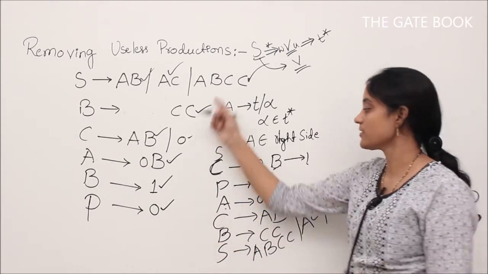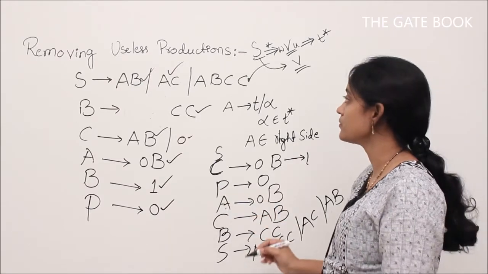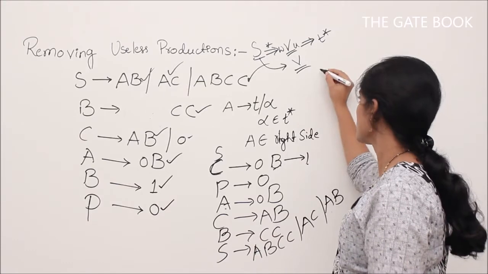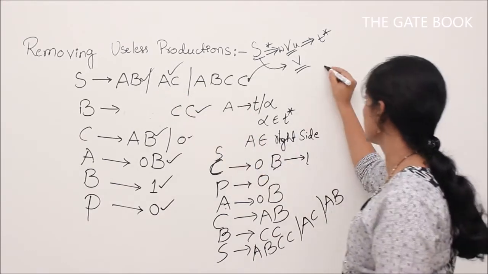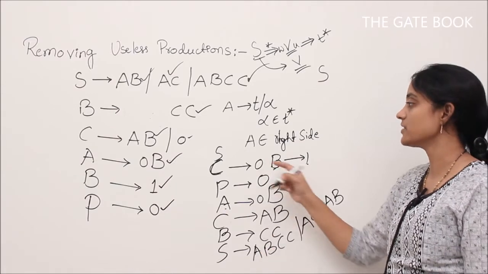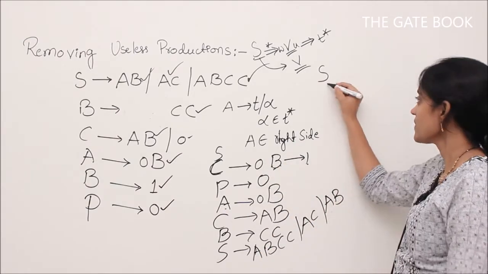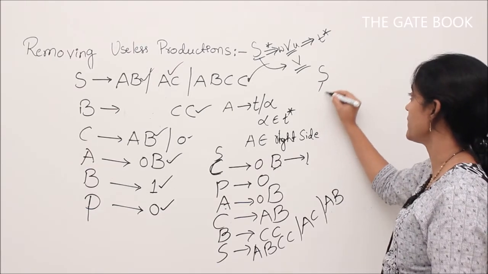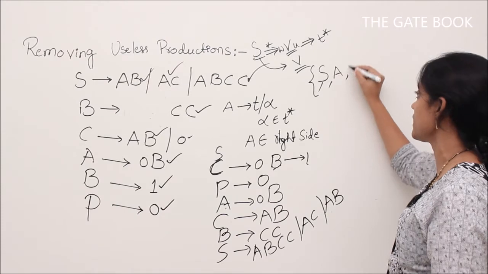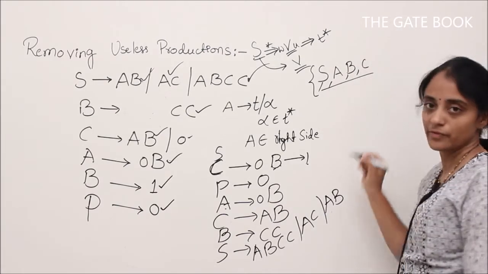So now we will check whether all these productions are useful or not. In the second round we should check whether they can be derived from S or not. So S can derive AB. Now we are doing it in a reverse way. In the earlier approach we started with terminal strings. Now we start with the start variable. So S can derive AB, and we add them to one set. S derives A, B, C. So these are all useful variables.